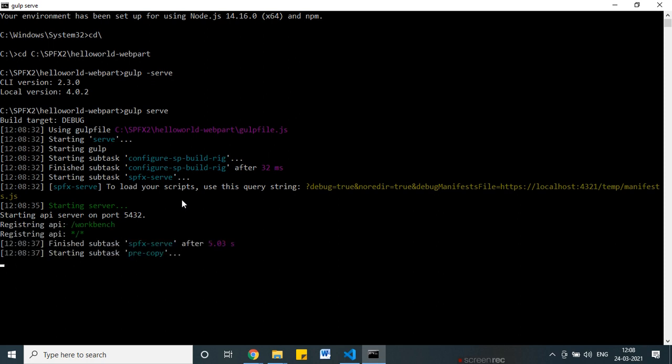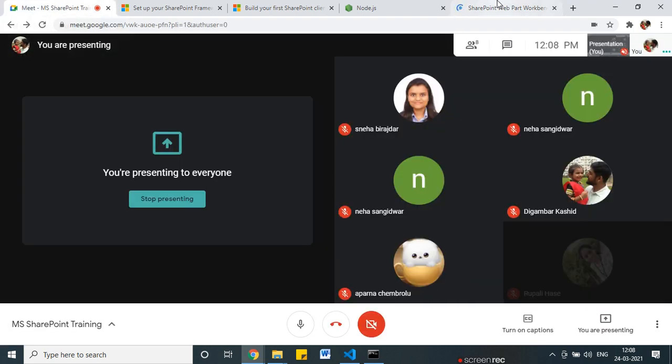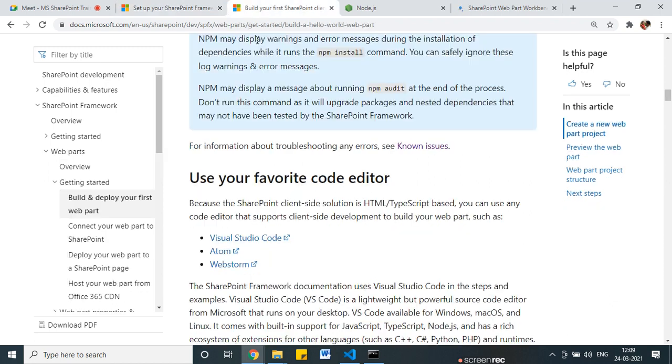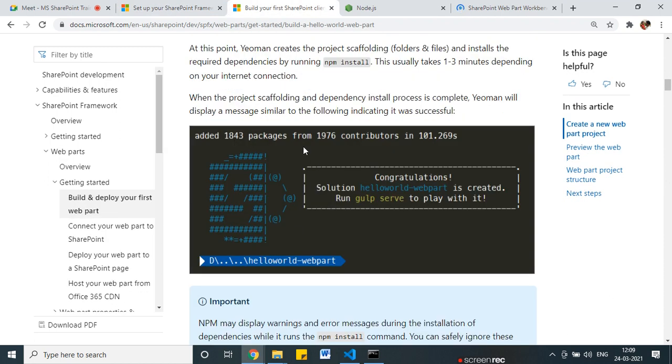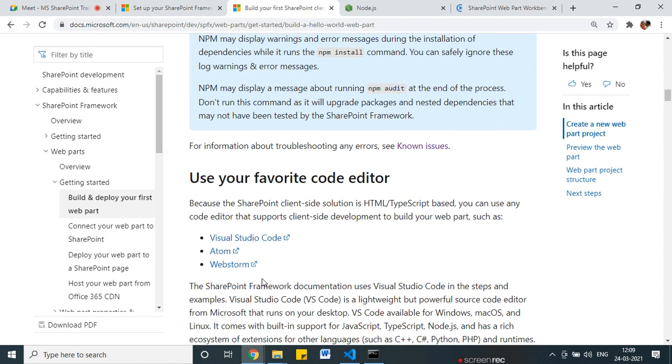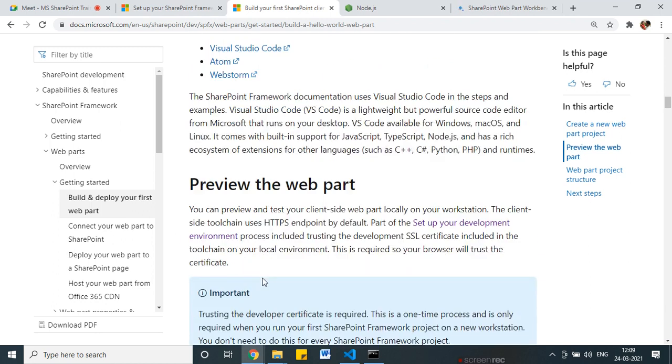So it will open the local workbench, and we'll see our output in the local workbench. Okay, so we follow these steps, and we see this output, and after that we run the gulp serve, and